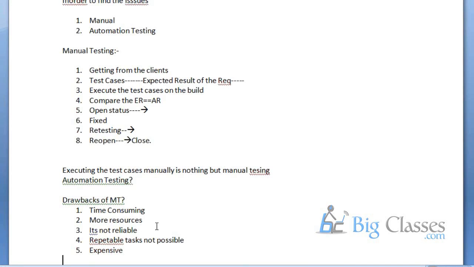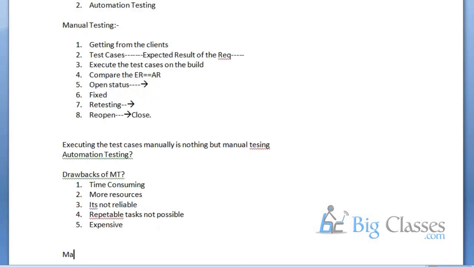But in real time, if anybody in an interview asks about the major drawback of manual testing, why we go for automation testing, and you say all these concepts, they will not be satisfied. Definitely they will not be satisfied, because the major drawback of manual testing is